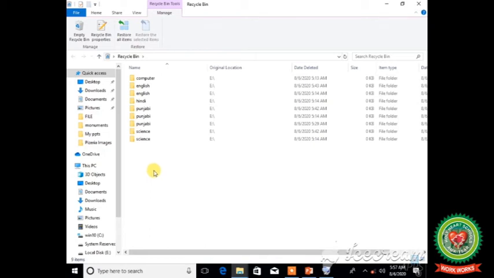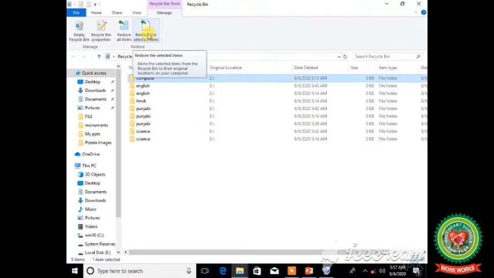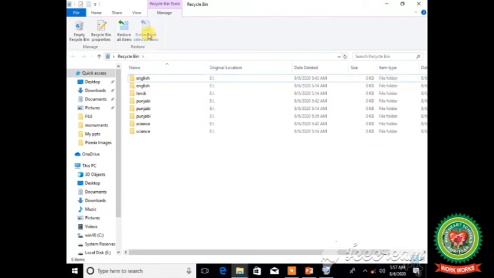Now select the file or folder which you want to restore. For example, I want to restore the computer folder. So firstly, select it by clicking on it. Then from the Restore group, click on Restore the selected items. After clicking, you can observe that our computer folder has moved to the E drive.